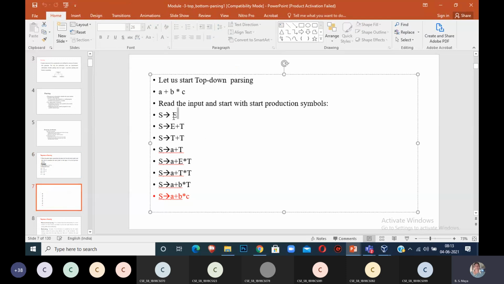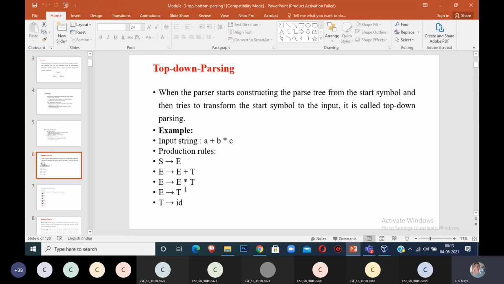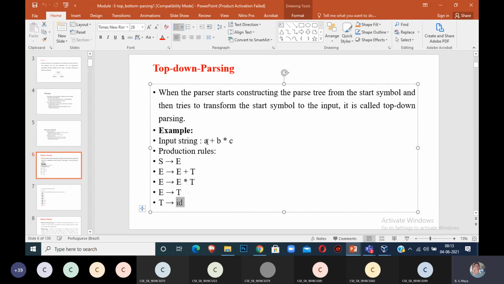Let me first take E. I am applying leftmost derivation for the first E with E plus T according to my input. The next leftmost is E. E can be replaced in the next step by T. Again, T has a production replacing it with ID. ID is nothing but a.